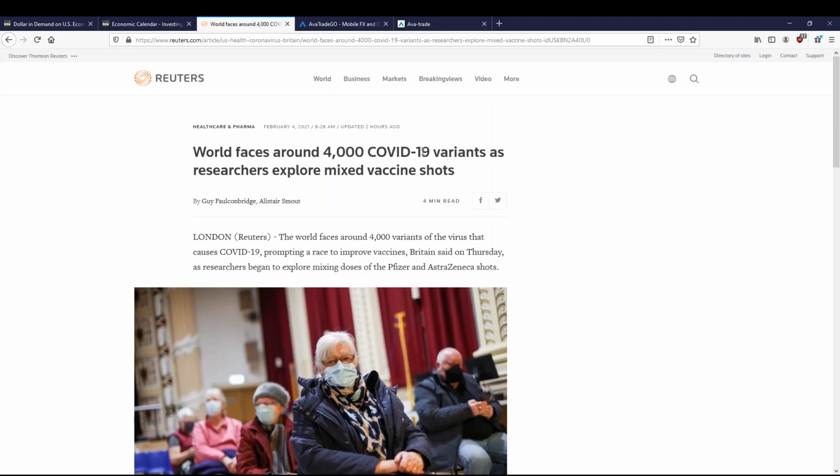World faces around 4,000 new COVID-19 variants. That's important to understand. It's not all roses right now. 4,000 variants of the COVID strain. Some of them they're afraid maybe these vaccines won't do a good job with. So now they're talking about mixing vaccines. You get the first shot with one, the second shot with the other, just to try and diversify your protection